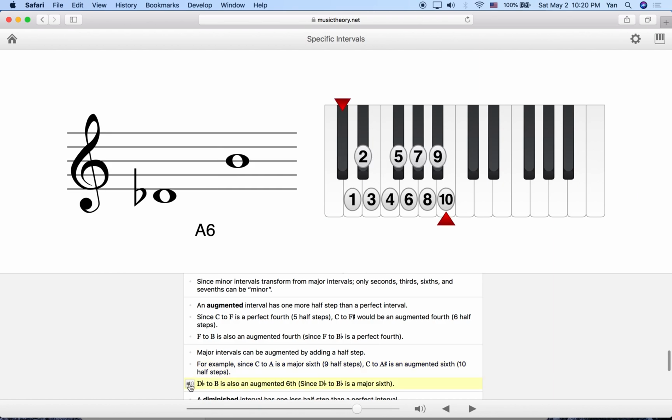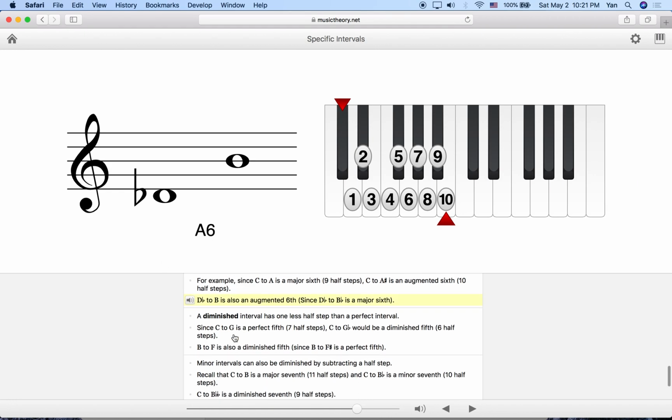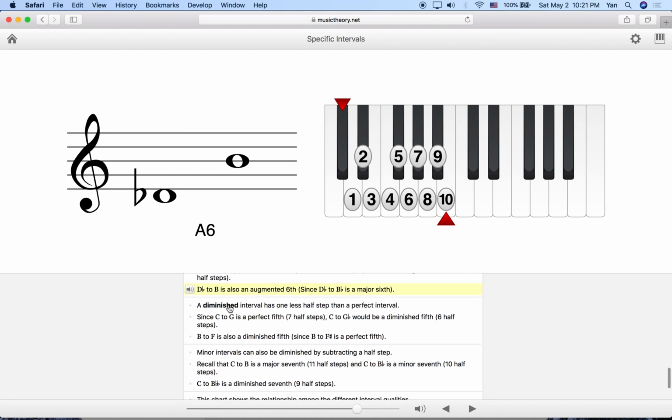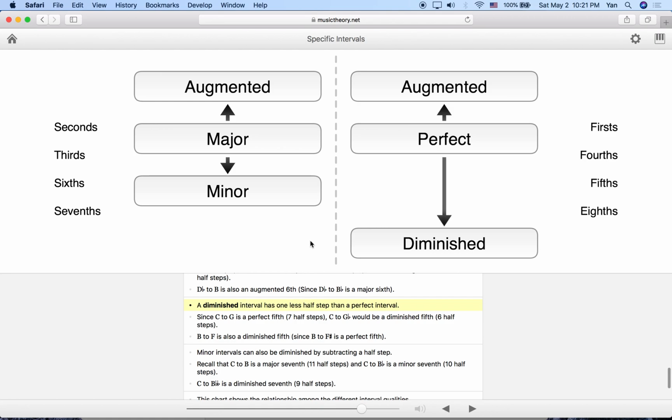So the next example of an augmented sixth is a D flat to B natural. It's 10 half steps, 10 semitones, and also a generic sixth as written on the staff. Okay. We're going to talk about diminished now. So a diminished interval has one less half step than a perfect interval. So just like augmenting a perfect interval made it bigger or wider by a half step, diminishing the perfect interval is going to make it smaller or shorter by a half step. For example,